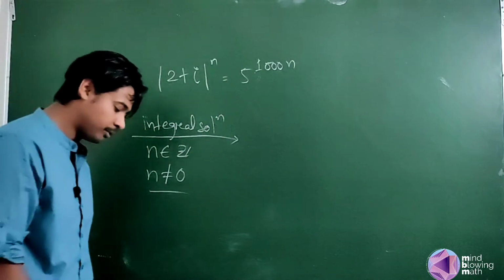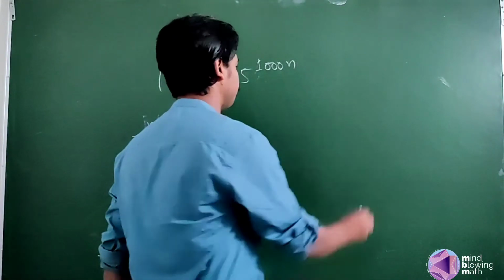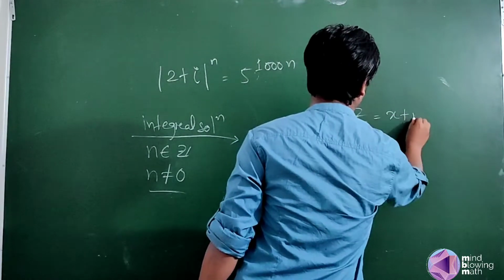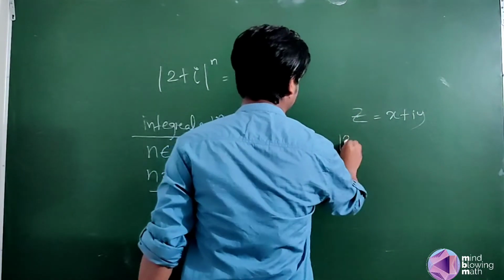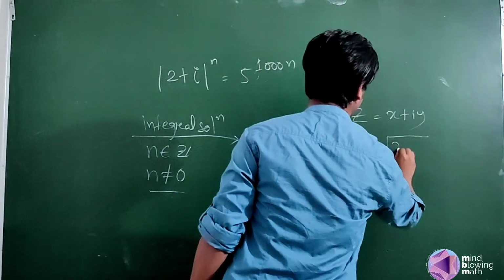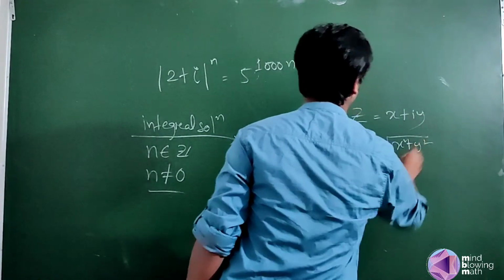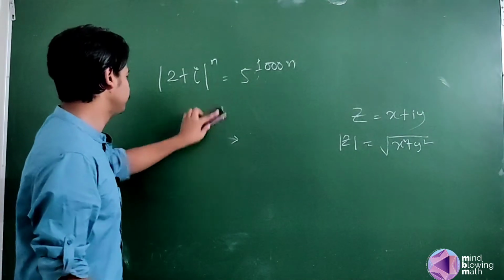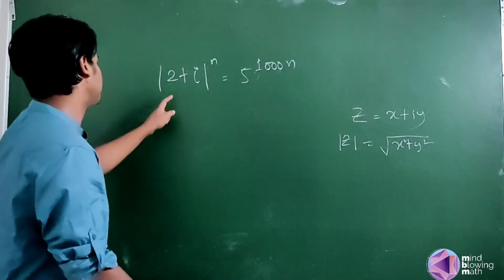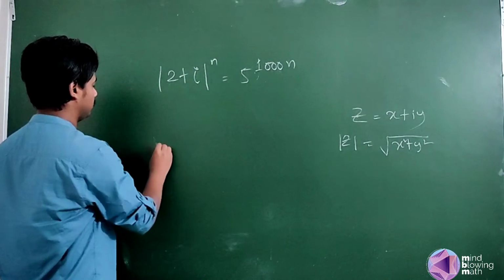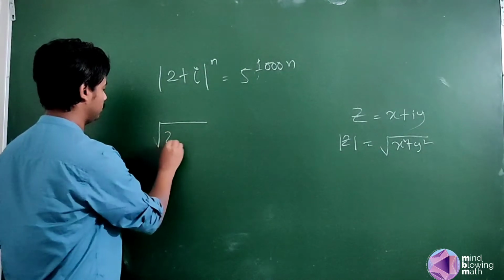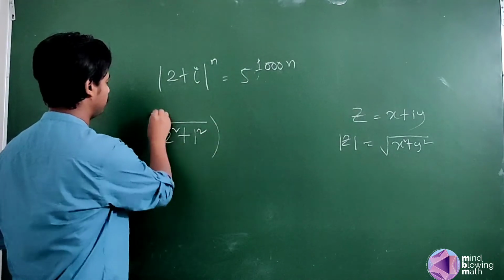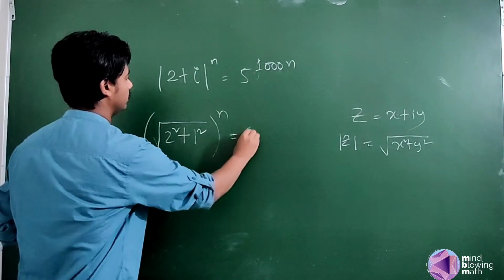How do we find the modulus of a complex number? For a complex number z = x + iy, the modulus of z is root over x squared plus y squared. So the modulus of 2 + i is root over 2 squared plus 1 squared, which is root 5, and it is raised to the power n, equal to 5 to the power